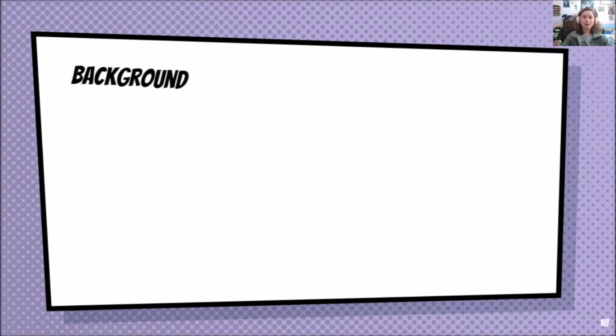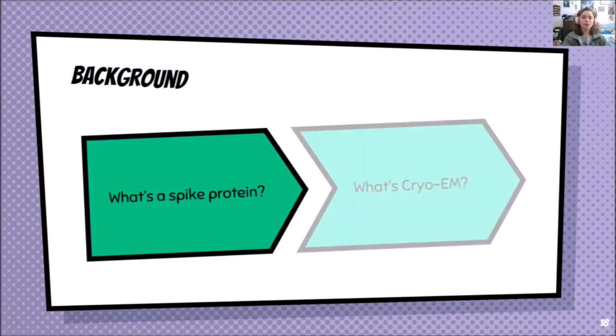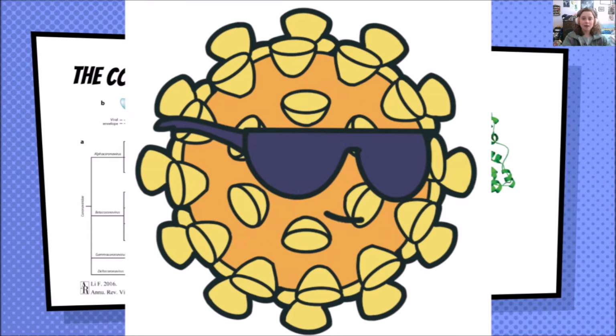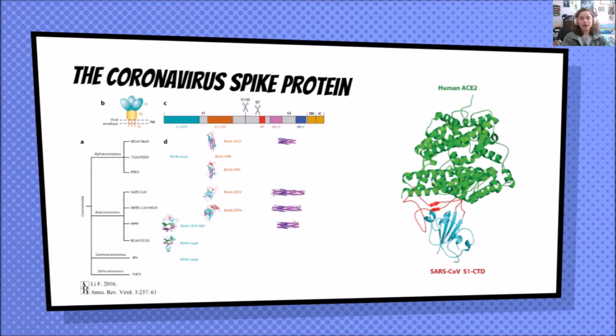Okay, let's get into the background for this research paper. The most important things for you to be familiar with are what the spike protein is and what CryoEM is. So, coronavirus actually gets its name from its spike protein. Corona refers to the plasma around stars, and scientists decided that the spikes on coronavirus make it look like the sun. The spikes are a type of glycoprotein found on the surface of the viral envelope, as you just saw, and the most important thing to know about them is that they are how the virus is able to enter